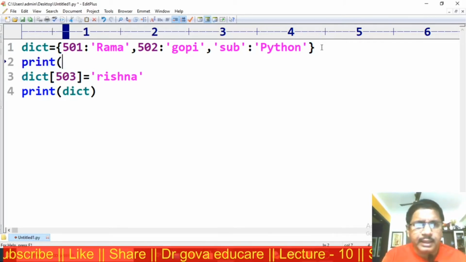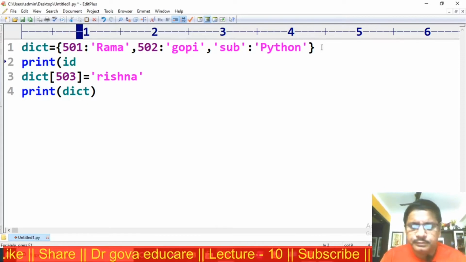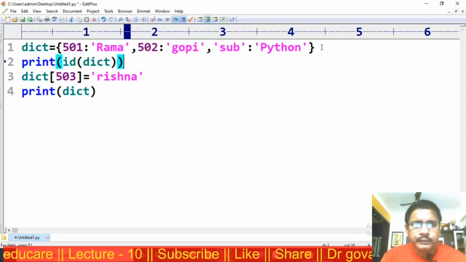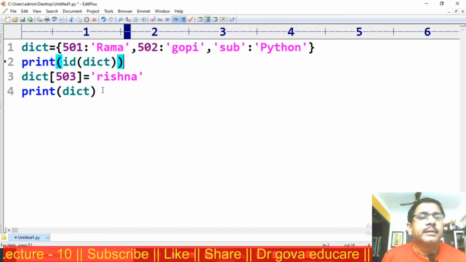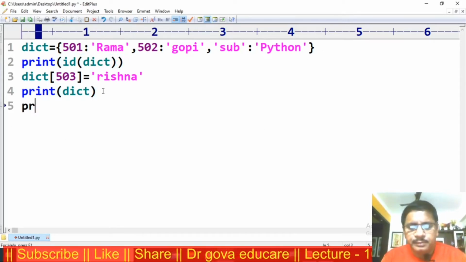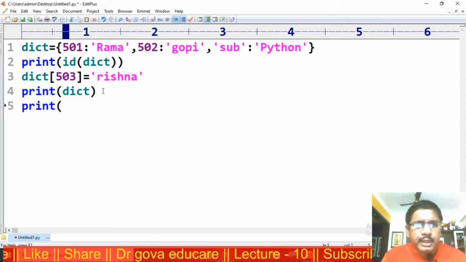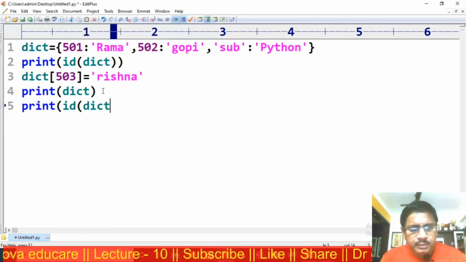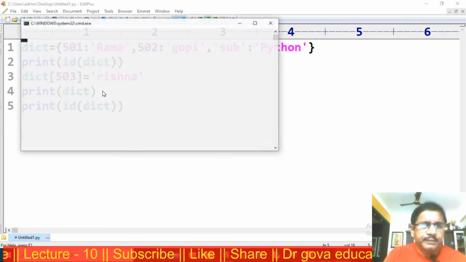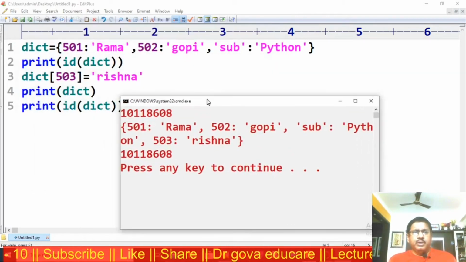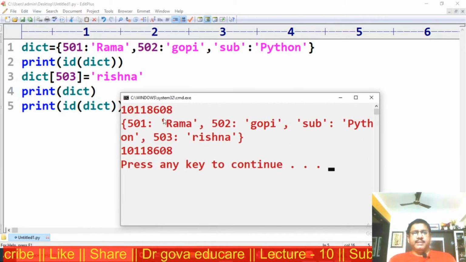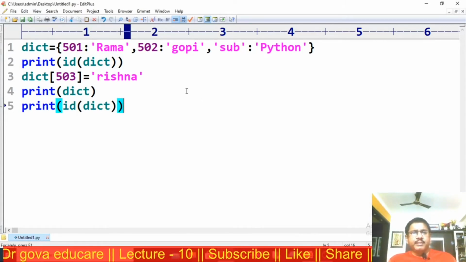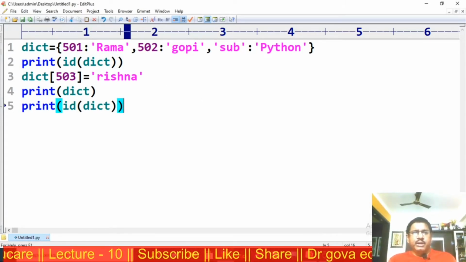Before adding, ID of dict; after adding the element, the ID of the dictionary. Now this is the output. Observe, both the IDs are the same. That means the dict data type is a mutable data type.